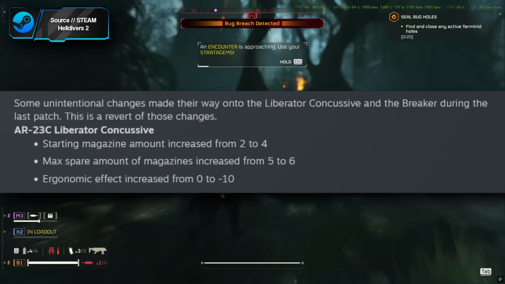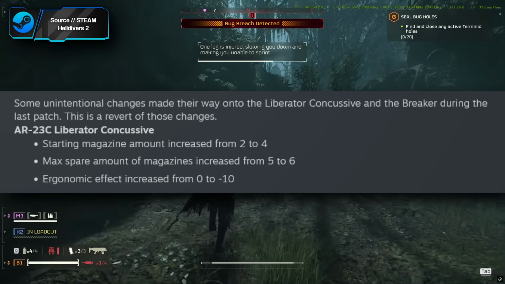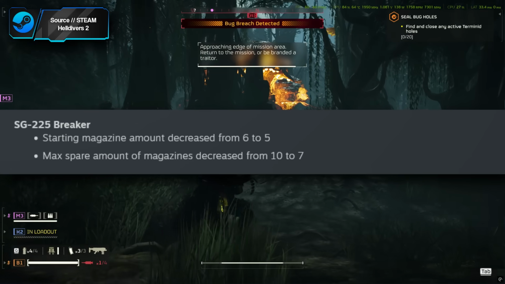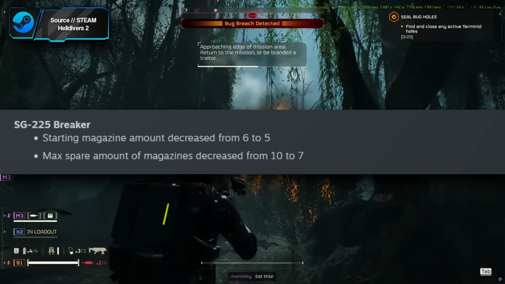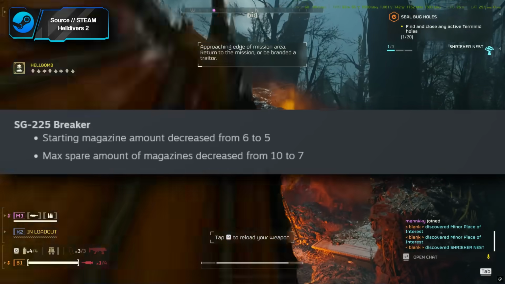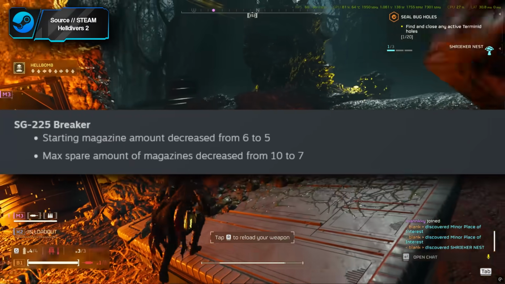These changes slipped into the previous patch by accident, and the devs have finally set it back to how it was meant to be. That's not all though, they've also tweaked the SG-225 Breaker Shotgun. Its starting magazine size dropped from 6 to 5, and max spare magazines went from 10 to 7. So again, it's the same deal here. These were unintentional changes that somehow wiggled their way into the last patch, and now the devs have reverted them